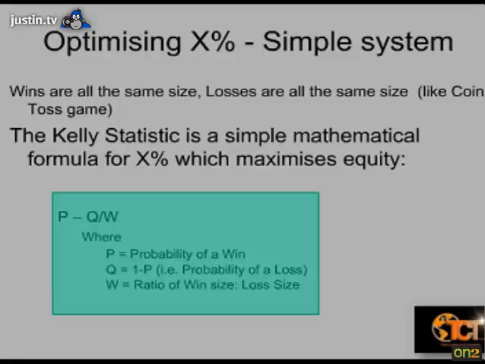So in this case, the optimum amount, which will give you the biggest gross profit over a period of time, is a simple formula. It's P minus Q divided by W. P is the probability of the win. So if you've got a system with a 50% win ratio, then P is 50%. Q is 1 minus P. So if P is 50%, then Q is also 50%. And W is the ratio of the average win size to the loss size. Now,